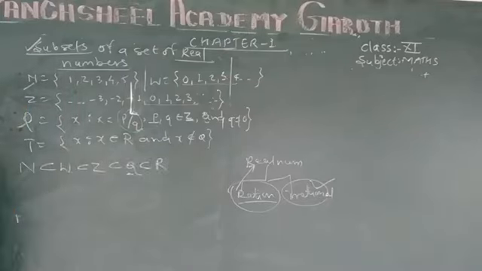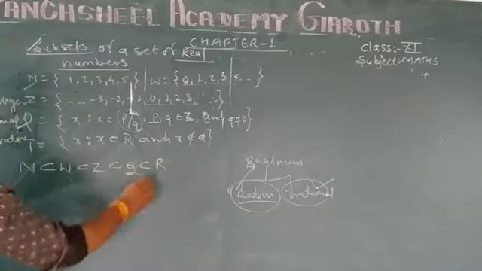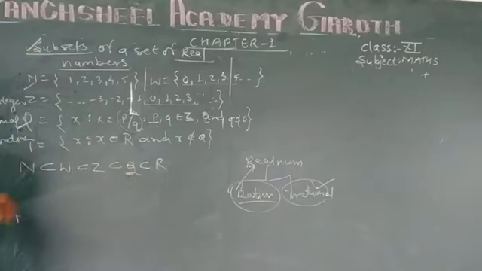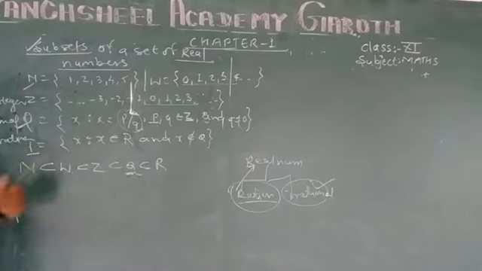Whereas E is the set of irrational numbers, Q is the rational numbers, Z is the integers, and N and W are the natural numbers and whole numbers. Here we will discuss that each and every rational number is a subset of real numbers, where the irrational numbers are those numbers which are not rational, not integers, not whole numbers, and not natural numbers.